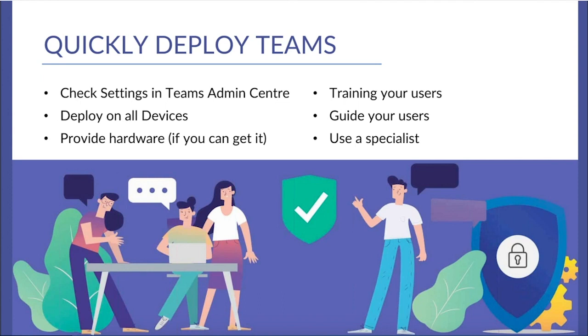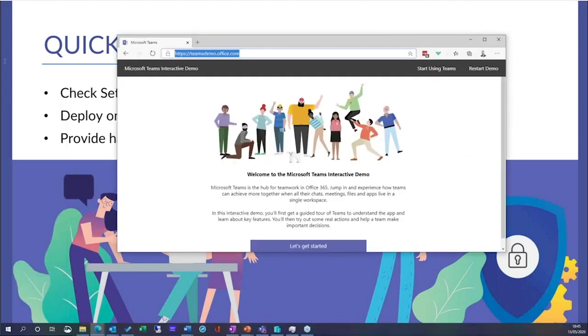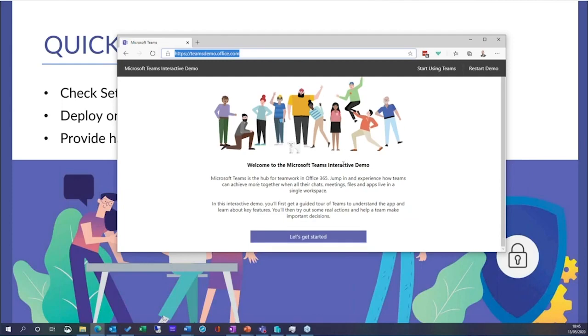Lots of organizations have just rolled out Teams with very little training and with very little guidance. So I would recommend that you give your users some structure and some guidance in this area. One of my favorite free tools that's available is if you go to teamsdemo.office.com. This is an interactive demo. And if I hit Let's Get Started,